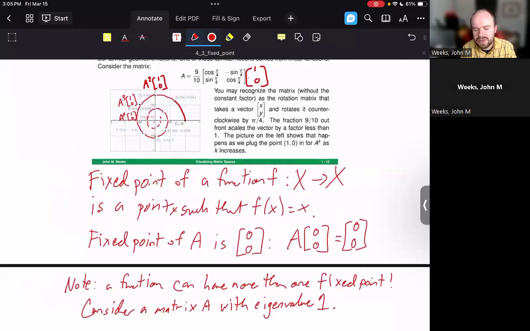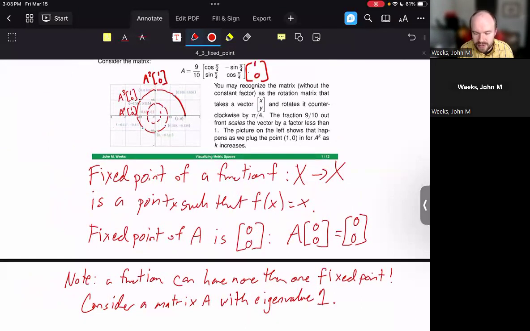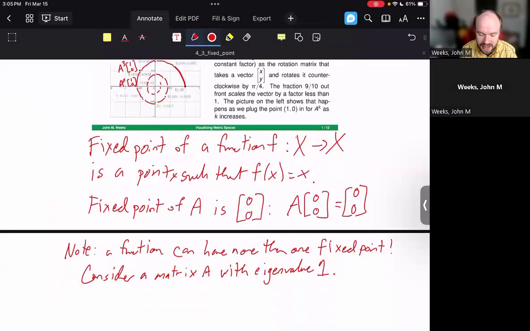Notice that the matrix that I gave here had no real eigenvalues. Even if it did, the 9 over 10 would take things that had an eigenvalue of 1, perhaps in that matrix, and scale them down. But you could consider replacing the matrix A with something with an eigenvalue of 1. Then any eigenvector corresponding to that eigenvalue